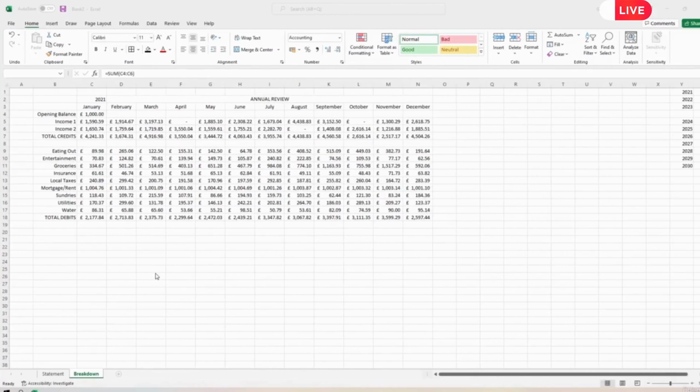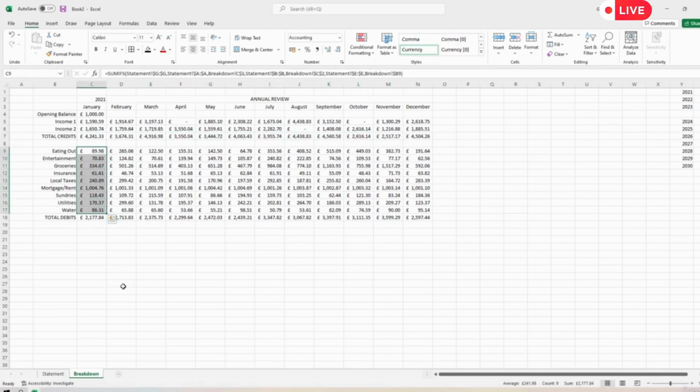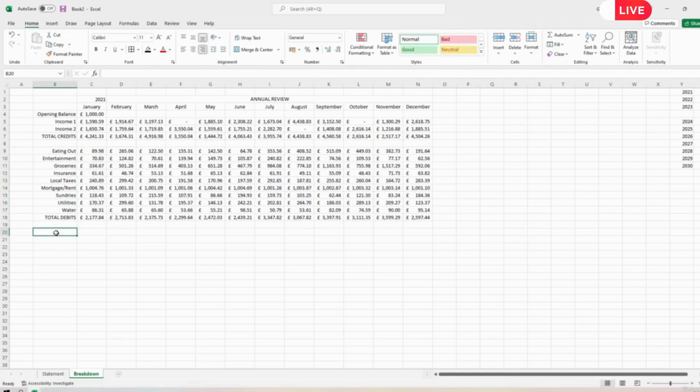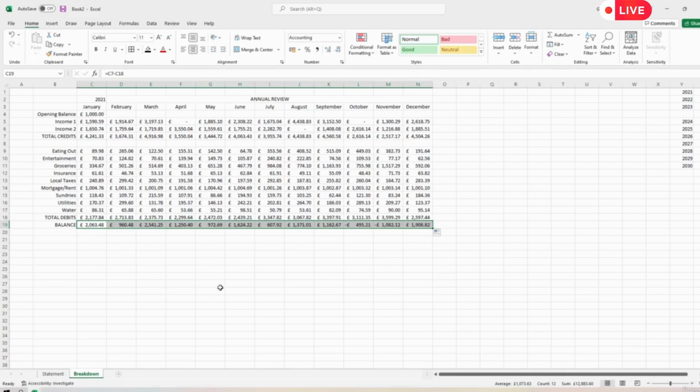When we come to look at the monthly figures, we might decide that actually the difficulty here is, don't we have the monthly figures? And we do. But what we're going to be doing is looking at setting budgets and then seeing how we've matched to those budgets. So one of the things we needed to finish off for this was the balances for the month. So balance, and that's going to be nothing more than equal to the total credits minus the total debits. So we can see how we've been doing overall, and you can see probably how unrealistic those numbers are, but